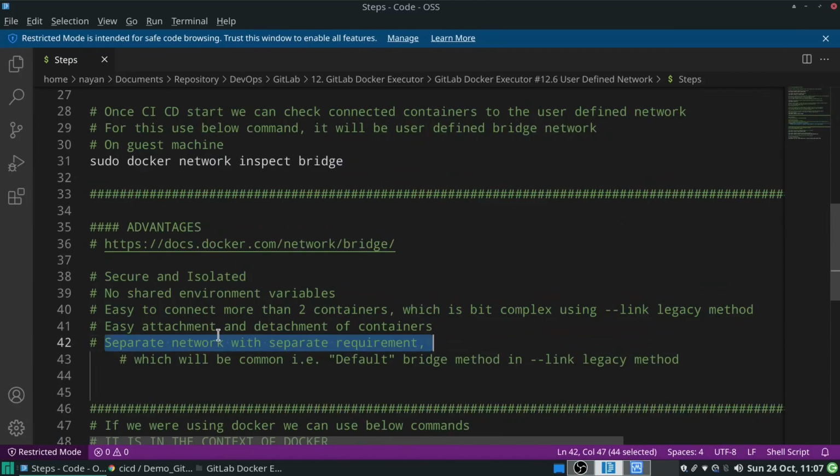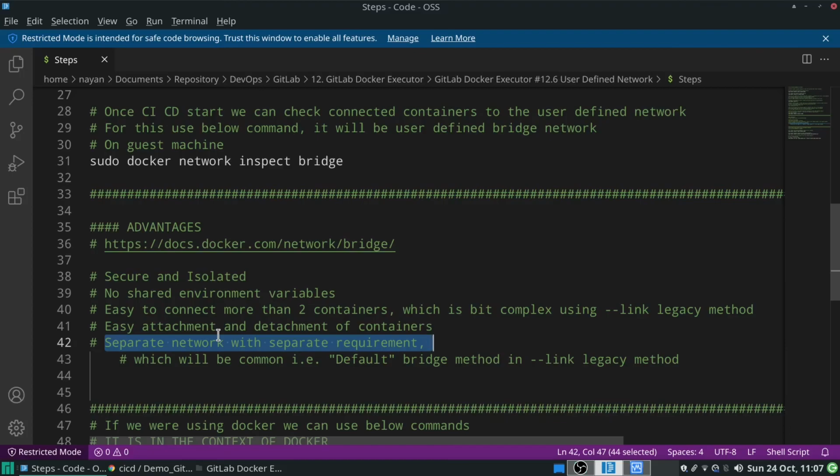For example, one cluster of containers needs a separate networking policy, and another cluster of containers will require another set of networking policies. In that case, we can create our own different user-defined networks and connect those clusters of containers with the required user-defined networks.